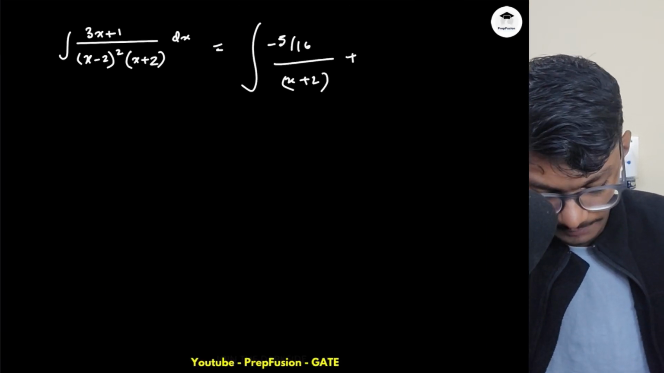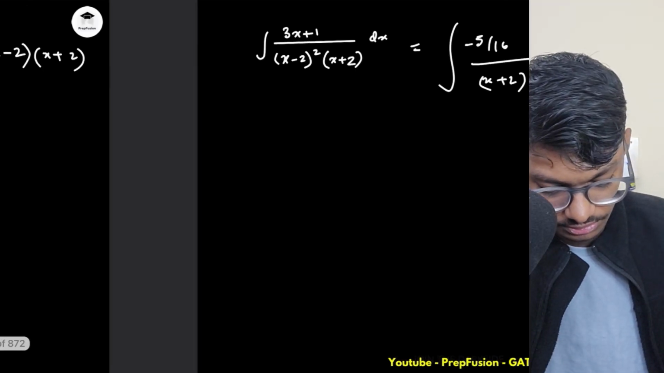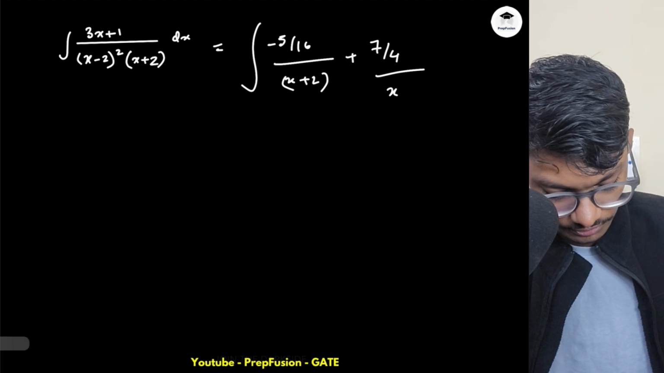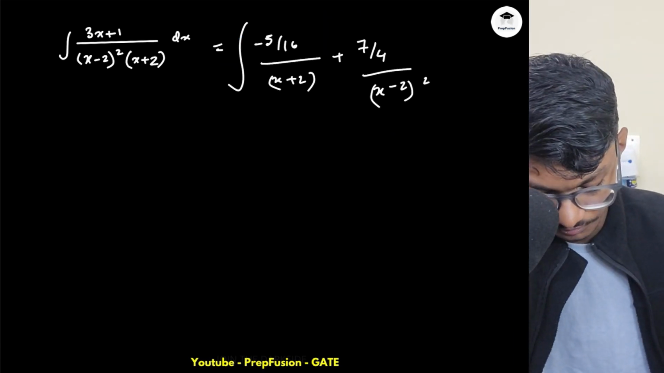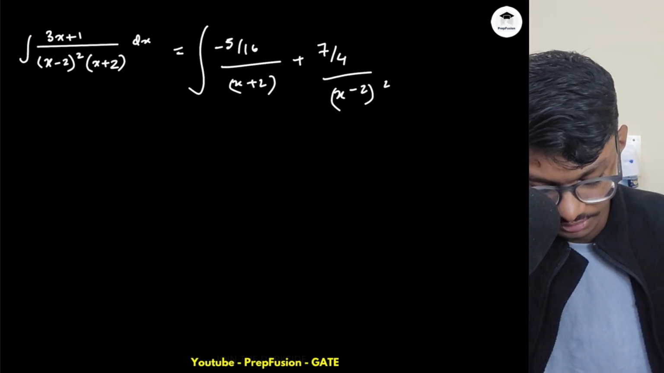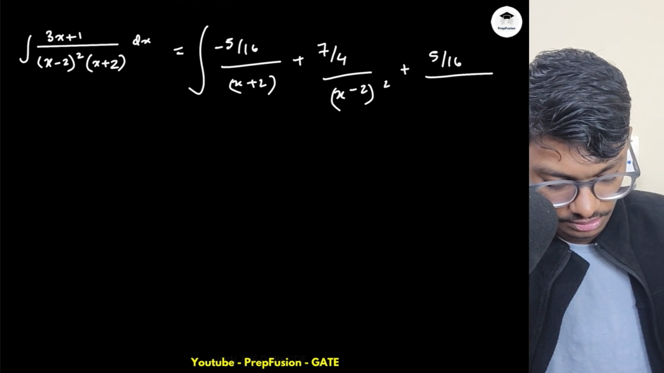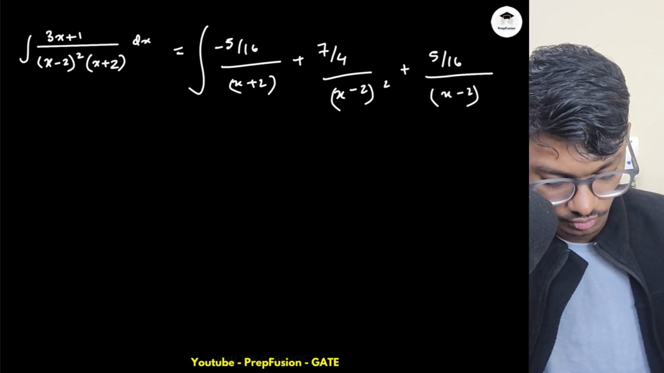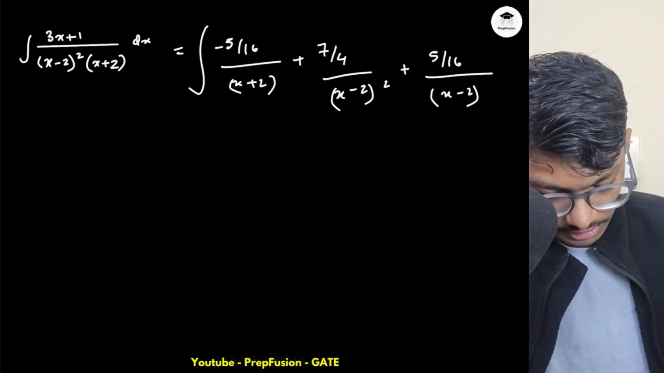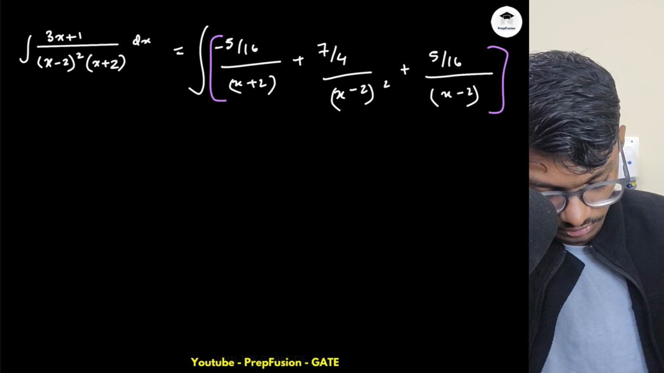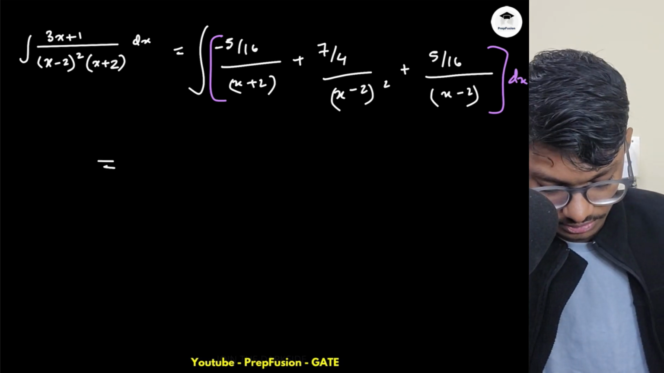7 by 4 divided by (x minus 2) whole square. Then I had b2 also, which is plus 5 by 16 divided by x minus 2, into dx, and we had this whole thing multiplied by dx also. So now if we integrate this,